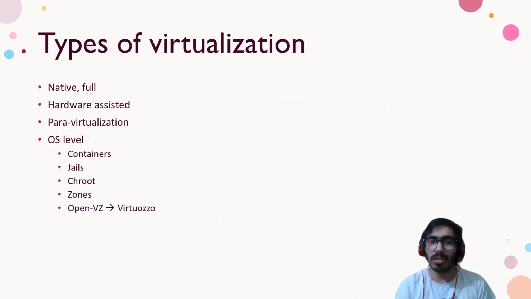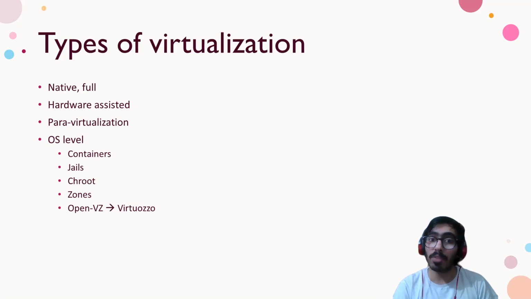So we talked about this earlier. There are these types of virtualization. First is the native one, which is basically what VMware and VirtualBox do. You virtualize everything. Then we have the hardware assisted ones. Newer Intel processors actually come with VT-x enabled, which makes it easier and faster to virtualize. If you go into the settings of your virtual machine, you'll see there's an option for that. I'll show that at the end of this presentation.